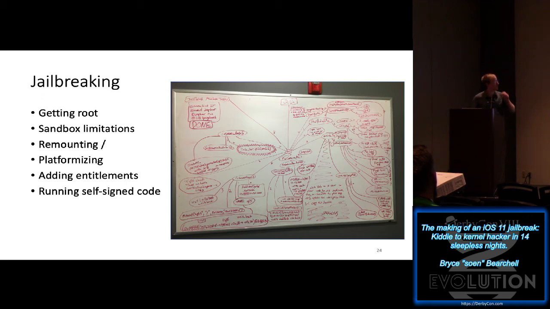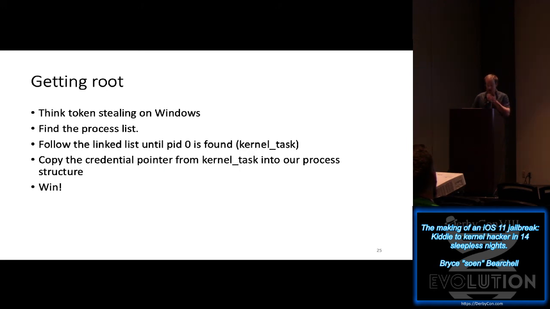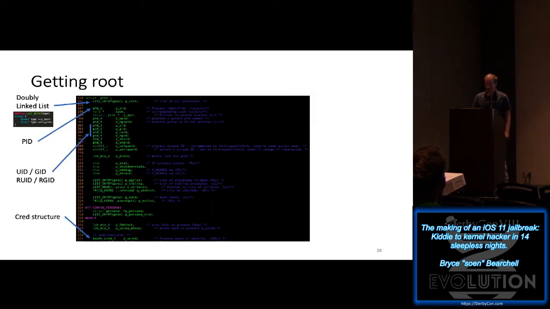So let's start at the beginning and break it down because it looks really complicated. Getting root is super analogous to token stealing on Windows. On Windows, you iterate through the processes and you grab the credentials out of the eProcess struct in process 4, which is system. We do the same thing. We just look for the kernel task, and then we copy their credential pointer. We're root. So you think, okay, this is kind of gobbledygook. Let's look at Apple's sources. Apple's released their sources,